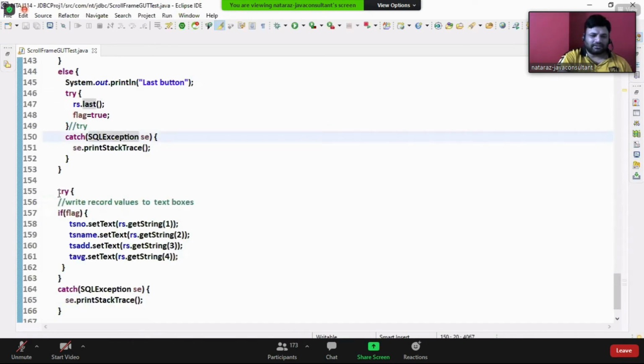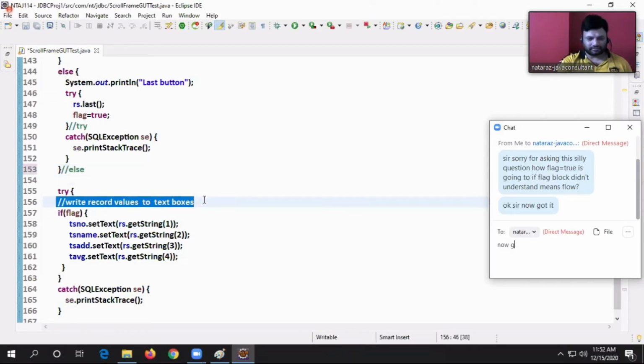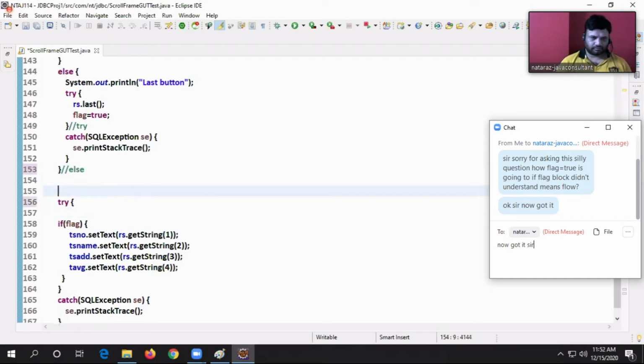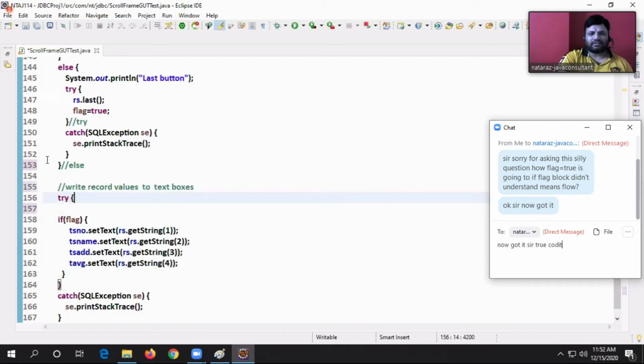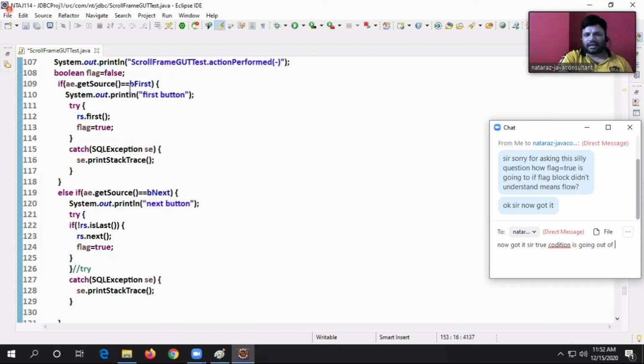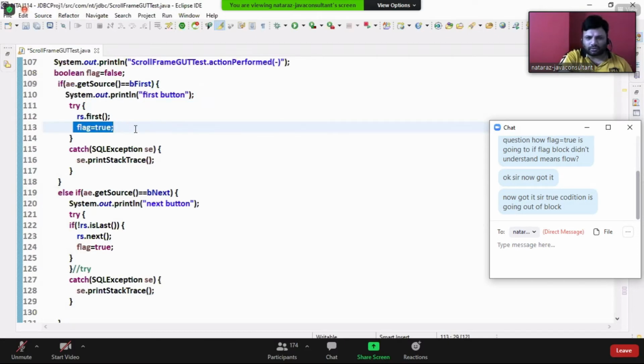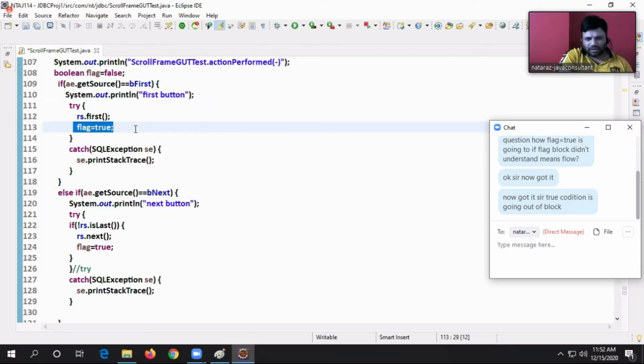Okay. No, this is a new condition. Here the ladder is over. Here the ladder is over. With this one the ladder is over. Got it? This is a separate section. You think about this part up to this part. Condition true, cursor is moved. As a confirmation, I said flag is equal to true. It is not because of the true condition going out.